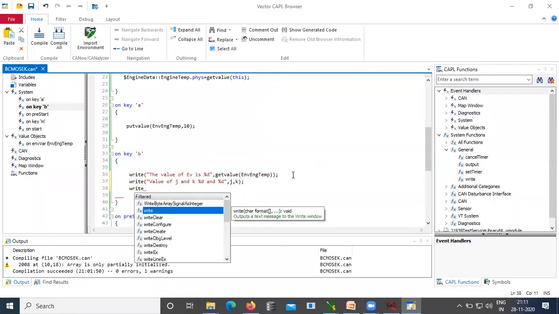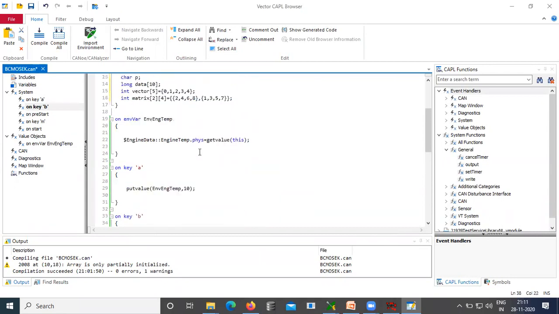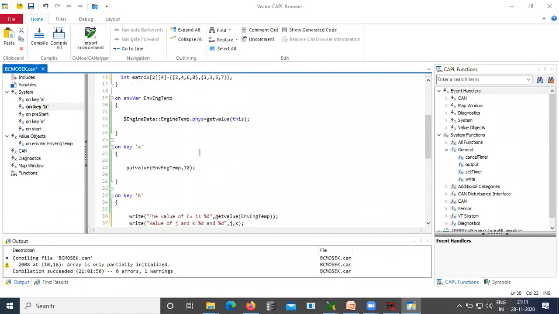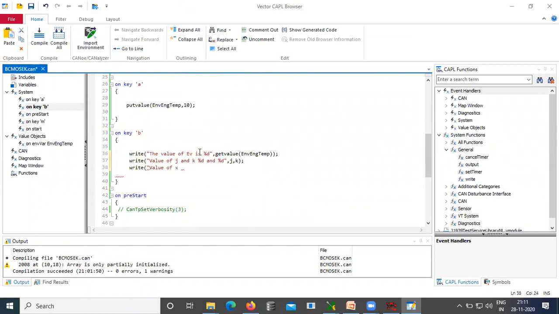Then write value of X, you have to say X as the value.